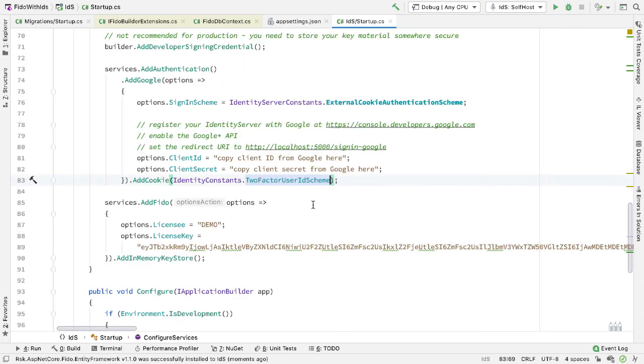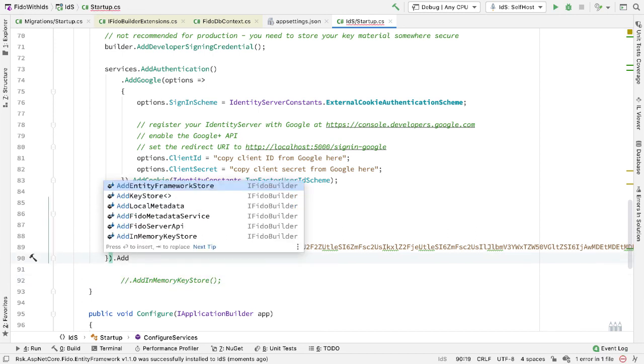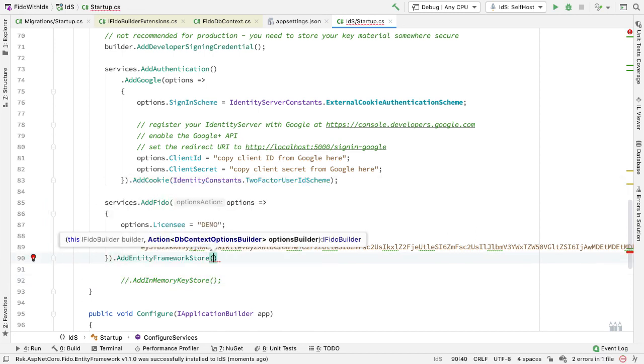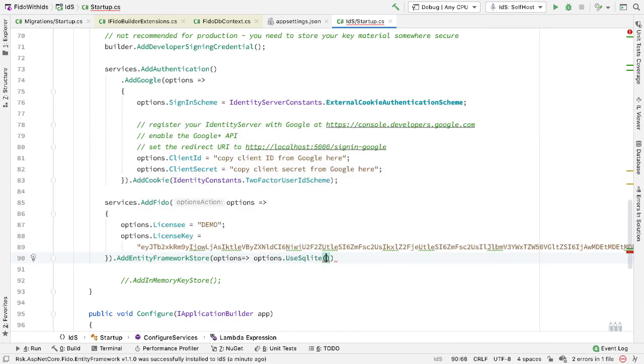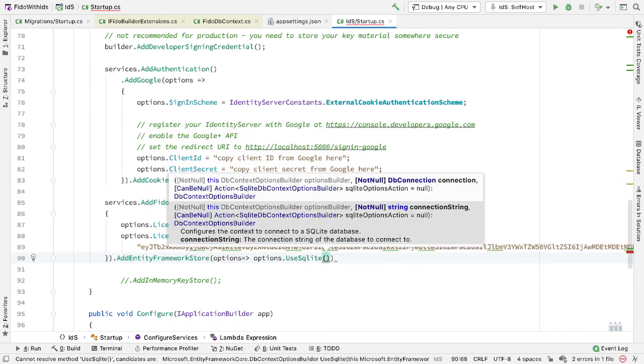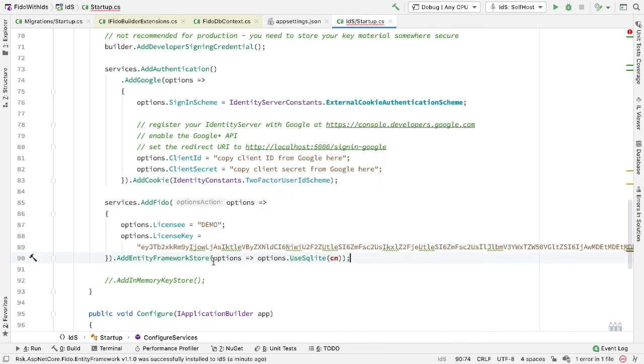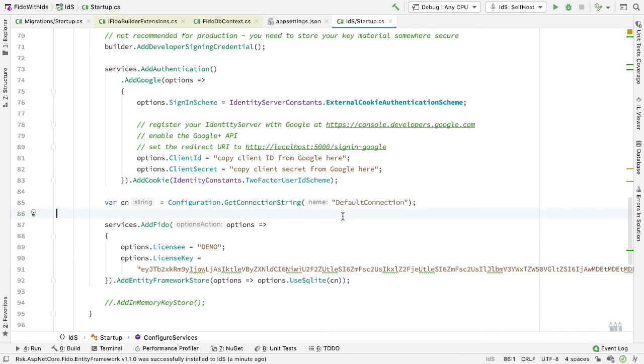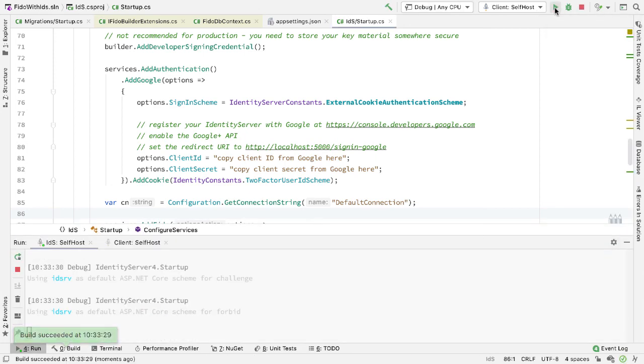So in startup for IDS, rather than calling AddInMemoryStore, I call AddEntityFrameworkStore. This takes an options, and we just want to say options.UseSqlite here. And to this, we pass in a connection string. So again, I'll have a variable of cn for the connection string, and I'll grab that connection string from the configuration. Okay, so now that we have this, if I rerun the application, so I'll rerun Identity Server first, and then rerun the client,